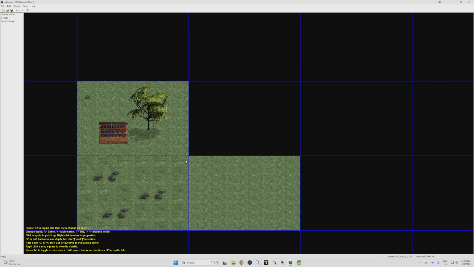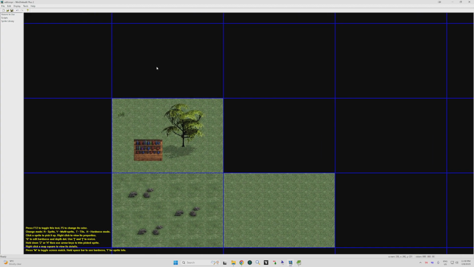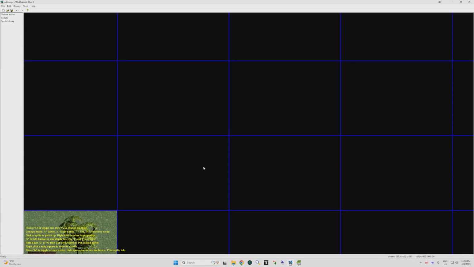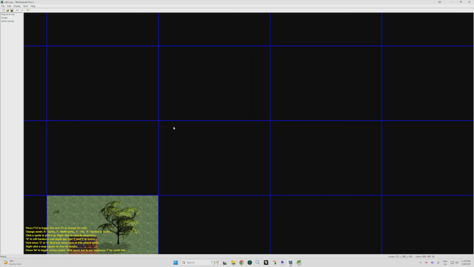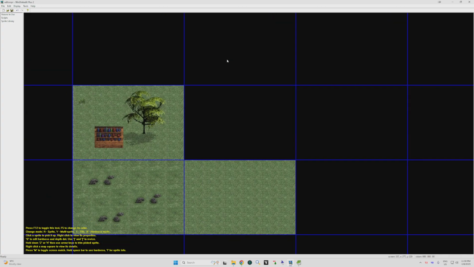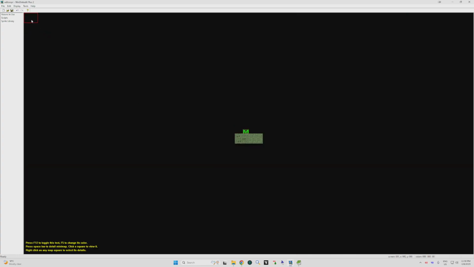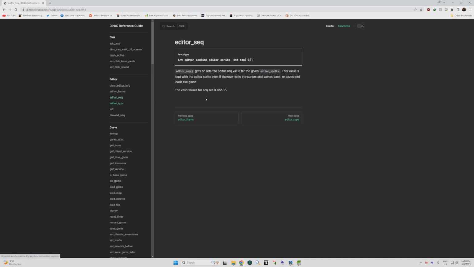And just as I said earlier, the editor sprite numbers are already there. The sprites don't have to exist, but also the screen doesn't have to exist. So see over here, this is screen 337. It doesn't exist. It still has 99 editor sprite numbers, even though it hasn't been created. So you can dedicate one single screen in your dmod to editor sprite information, and that gives you 99 extra free global variables effectively. In fact, it gives you a little bit more than that, because you have all of the editor seek